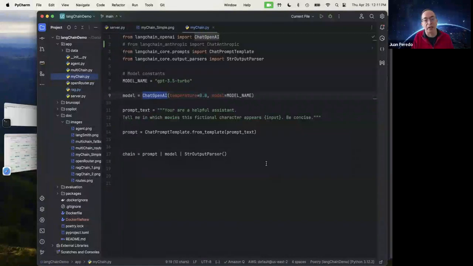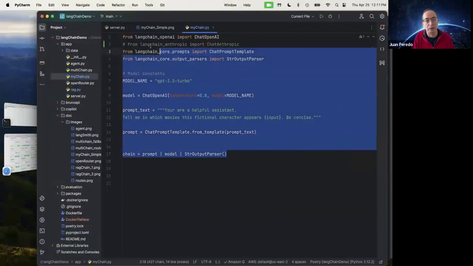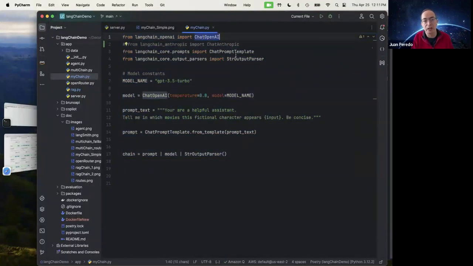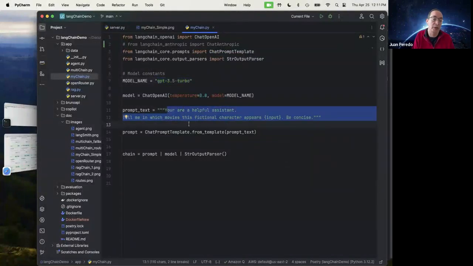And this is basically all the code I have to do in order for us to integrate with OpenAI. So I import the ChatOpenAI module. I create a template and a parser, a string parser. And in this type, we're going to interact with GPT-3.5 Turbo, and we're going to have our prompt over here, which is basically asking, if you give me a fictional character, please reply with the movies in which that character has been seen or has acted.